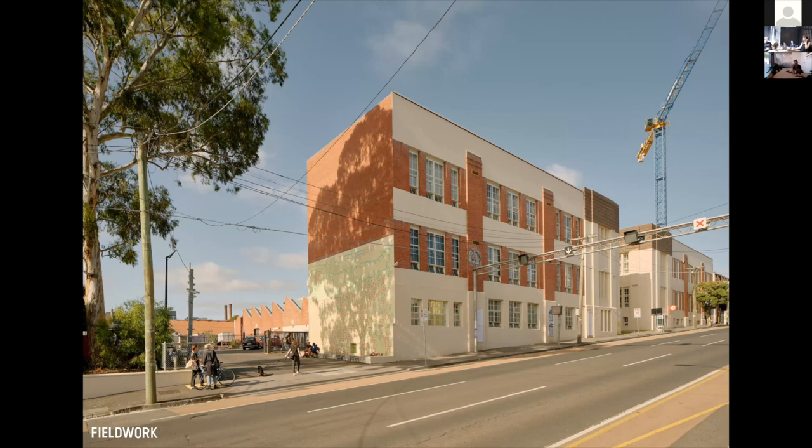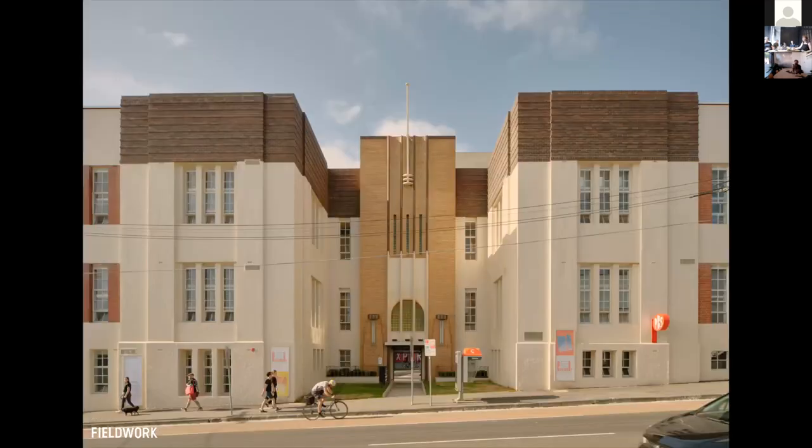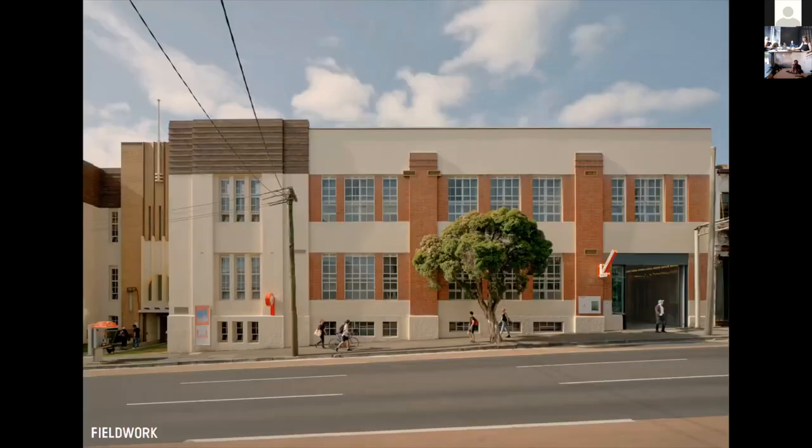So how does one take this complex of buildings and make them really public, make them part of that urban fabric? Well, the obvious entry on this big sort of heritage facade was this Art Deco entrance in the middle. But the truth about it, it says all these wonderful Art Deco things, but none of those things are super welcoming. So we decided to take, I guess one could say, the path of most resistance, which was to actually